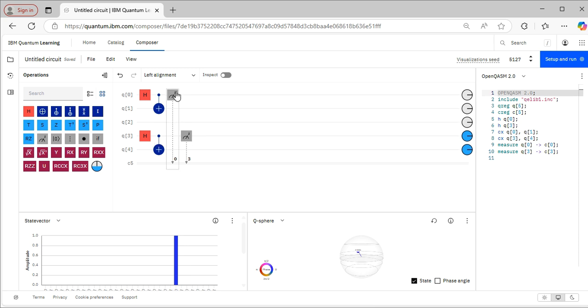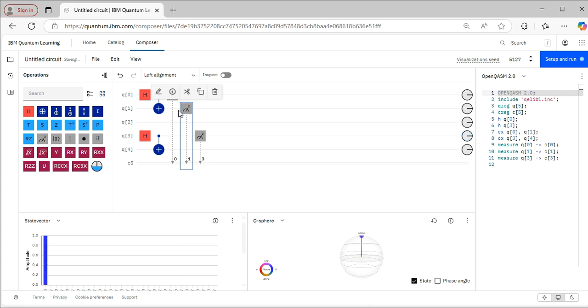So you need a measurement here to measure what gate is on this line here. And for the second two qubits that are entangled, you need a measurement gate here to measure this Hadamard gate that's on this line here. But you also need a measurement here, and you need a measurement here, right? You need measurements on all of these different places